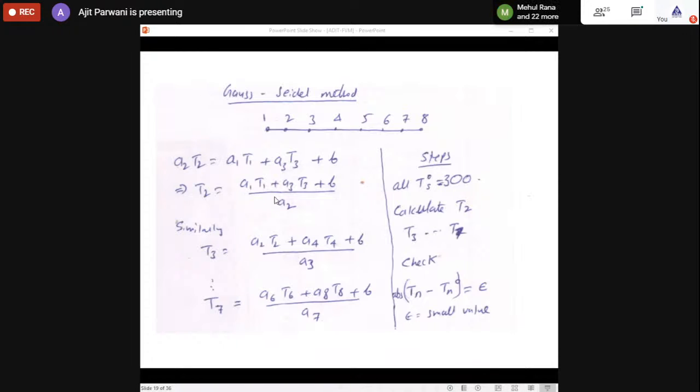I had the program. I can show the program also, but I don't know whether I have time or not. Yes, sir. I have a MATLAB program with me, a simple two-dimensional problem, because I'm working on inverse heat transfer. That program is extended to the inverse heat transfer. But for the inverse heat transfer problem, we have to first solve the direct problem. We have to solve this first, and then we will go to the inverse.